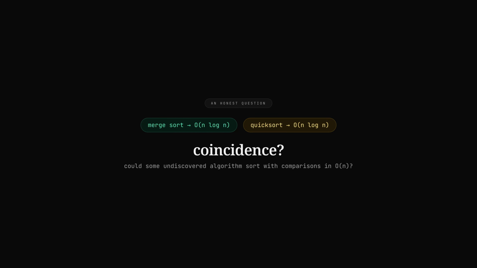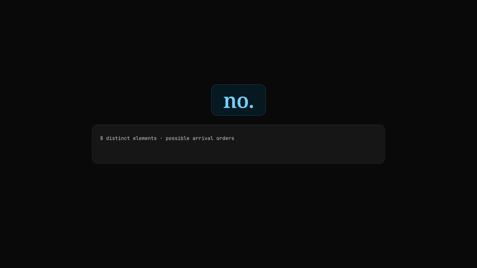Coincidence? Could some undiscovered algorithm sort with comparisons in order n? No, and the argument is short enough to keep. 8 distinct elements can arrive in any of 8 factorial orders, about 40,000. A correct sort must handle all of them, and each different arrival order needs a different set of moves to